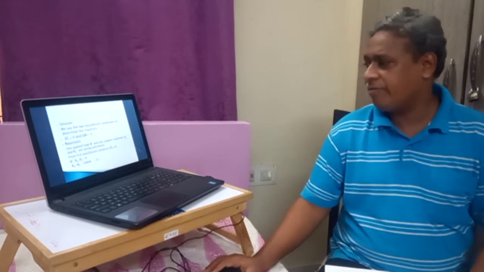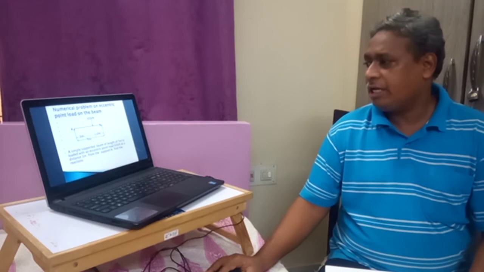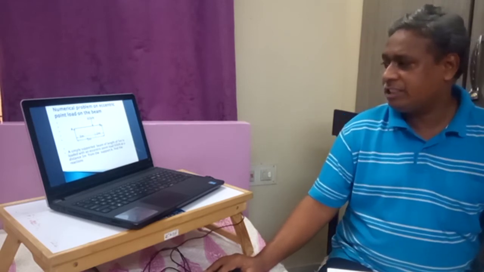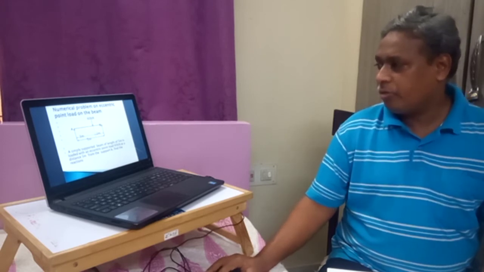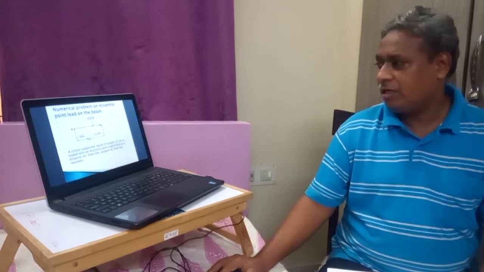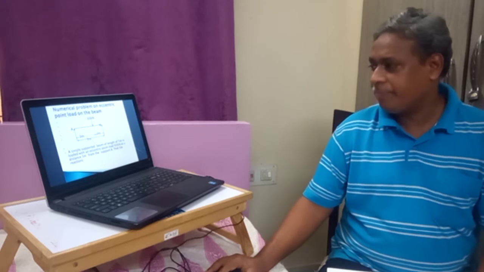That is why RB has 36 kilonewtons reaction, while RA has the leftover portion, that is 60 minus 36, 24 kilonewtons. Also, if we see, they are in the ratio of 2:3. Here, the ratio of their distances is 2:3. That means the distance is 2 times from B, and the distance is 3 times from A.